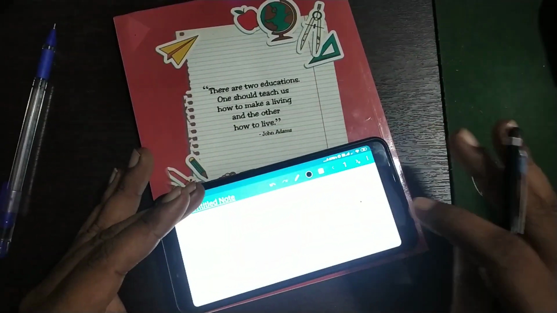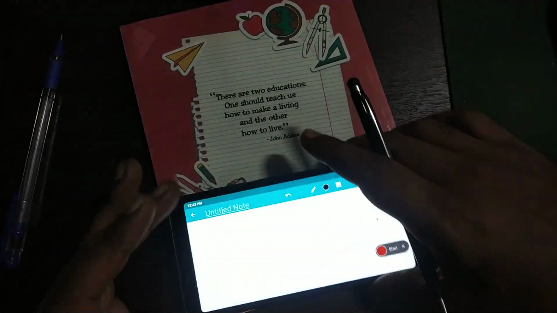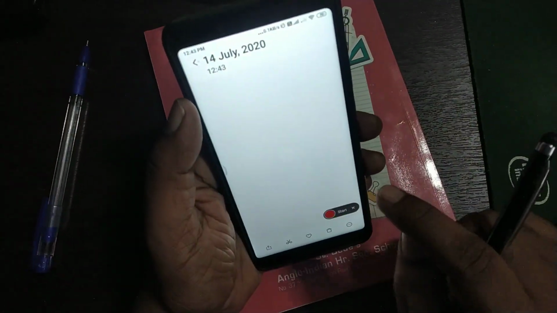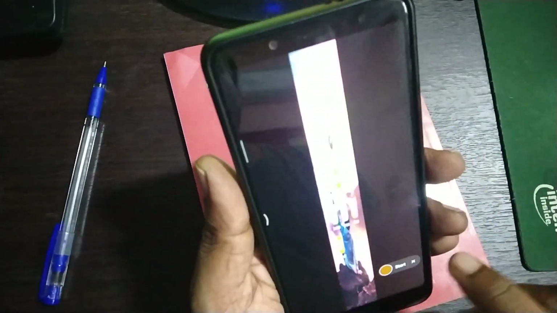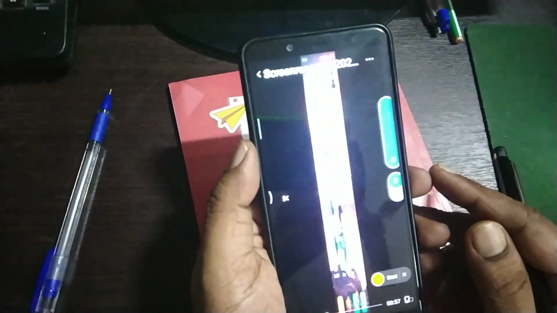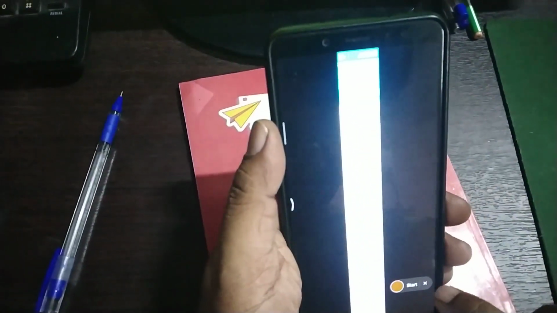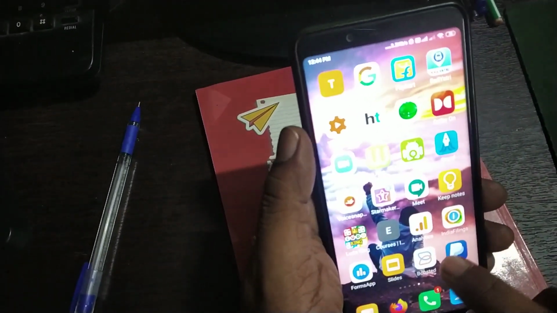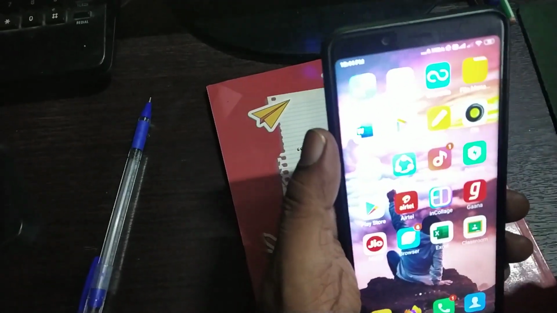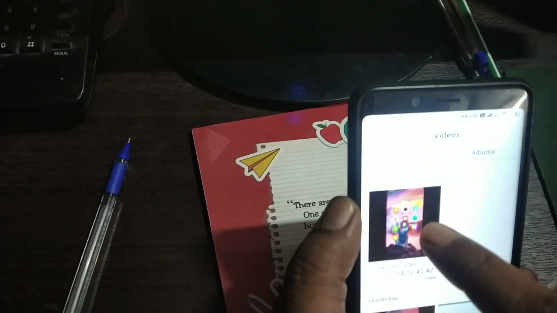Once you are done with this, what you need to do is you have to stop the recording. So my recording is ready. You have to stop the recording. So you can see here, go to Squid, select a new note. Okay, I will show you in a different way. See, this is actually saved. Okay, so this is actually saved in my files. I will show you from my files. Okay, so that you will get a better view. See, you can see my file is saved here.